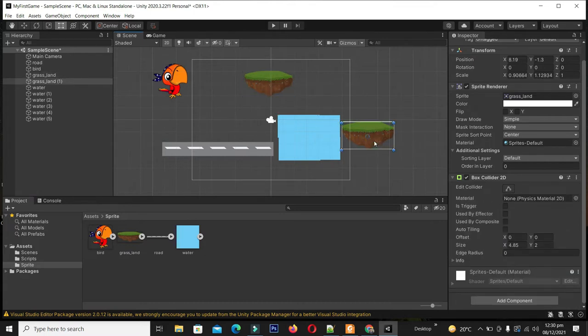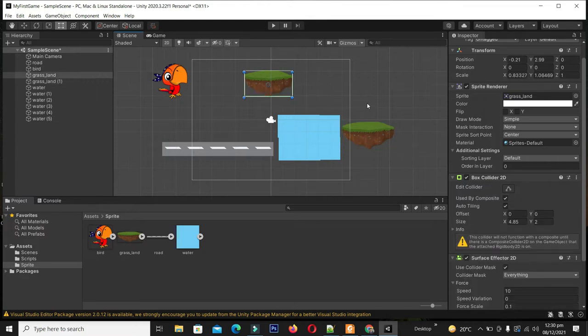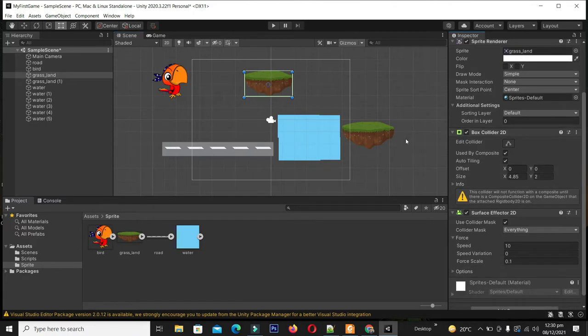Suppose you have 100 levels and you are using 5000 instances of the grassland, and you have to add the same effect to all the grasslands. It will make your life like hell, because you have to select each and every instance out of 5000 objects and give the same property by going into the inspector. So prefab provides you an opportunity by which you have to change the properties of only one object, and it will be applied to all the objects being used in multiple scenes in the game. Let me show you an example of my point.